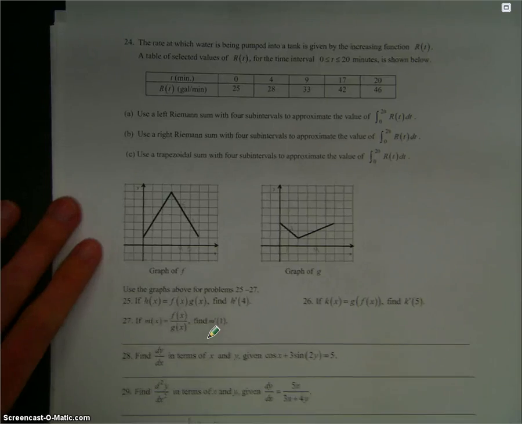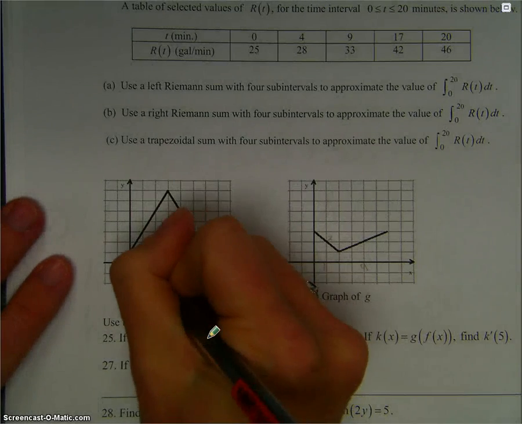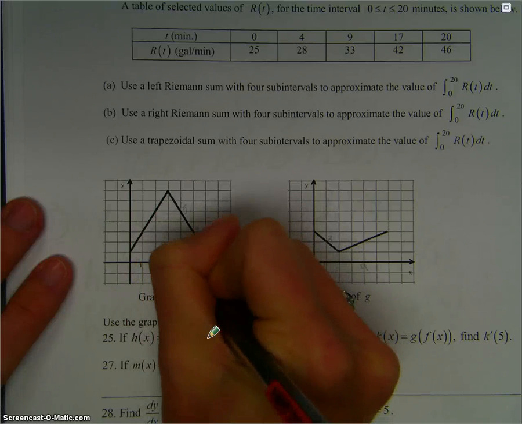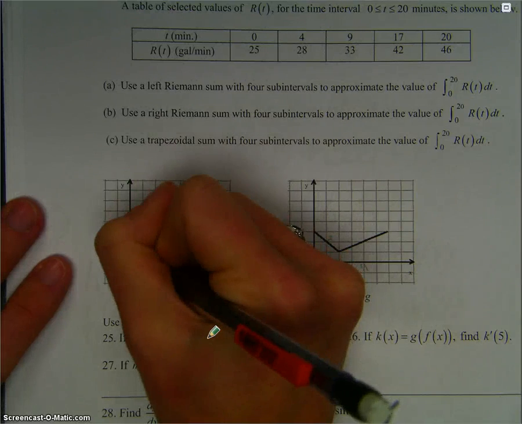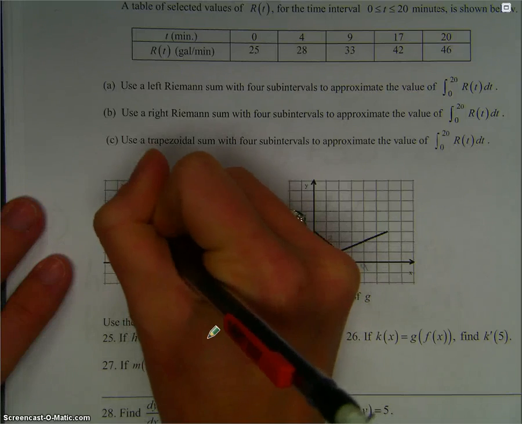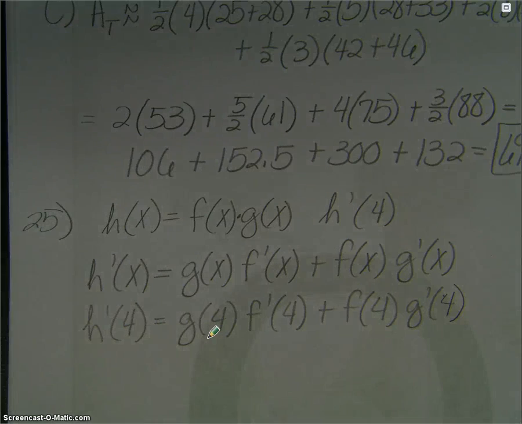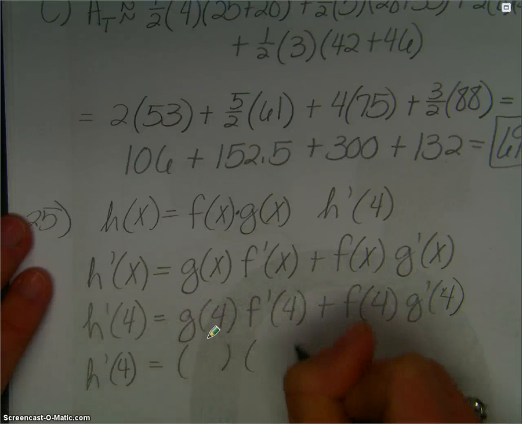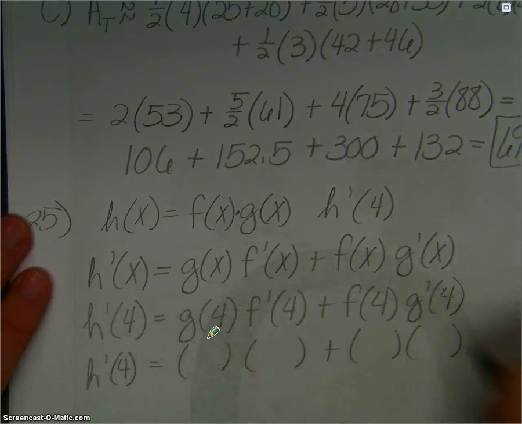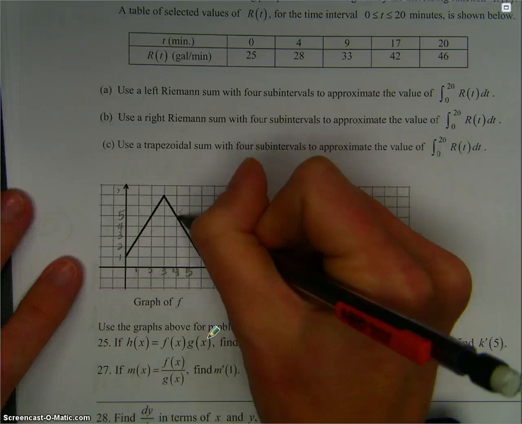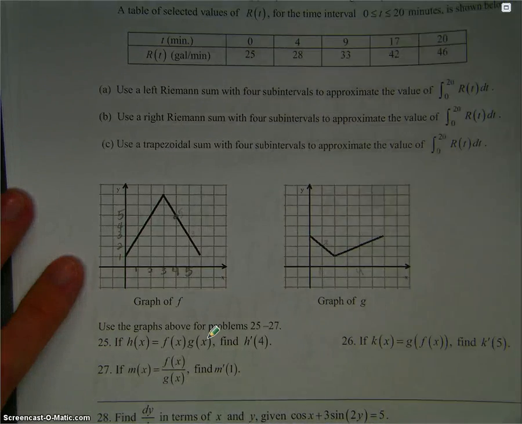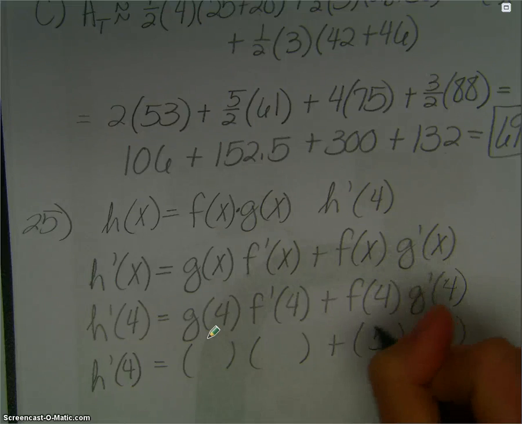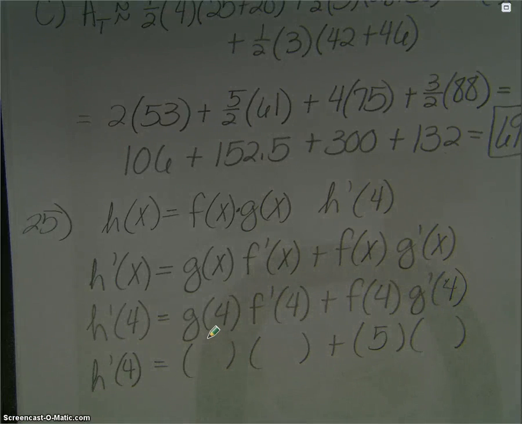All right, so I took my graph and kind of labeled here. I don't know if we can see that. They're kind of small. So this is going to be 1, 2, 3, 4, and 5, and then I have 1, 2, 3, 4, and 5. So what I'm going to do over here on my formula is put some parentheses in so that I can then go through and fill in. Okay, so I'm going to do this one first. The graph of F at 4 has a point right here at 5. So F at 4 is going to be equal to 5. Okay, then I'm going to look at my graph of f at 4,